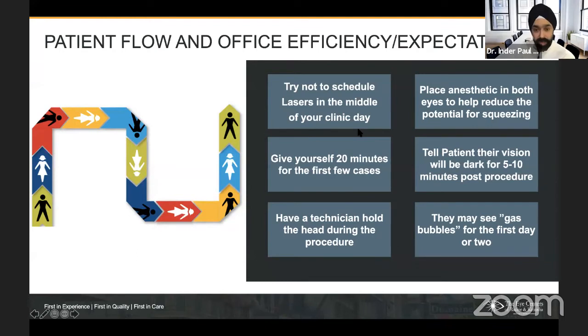I know there's one question: can a YAG capsulotomy laser be used for vitreolysis? Well, this laser does do YAG caps beautifully, as I showed earlier, but a standard YAG laser that does only YAG caps unfortunately doesn't have that coaxial illumination. So that visualization we talked about, being able to see all the way to the vitreous,